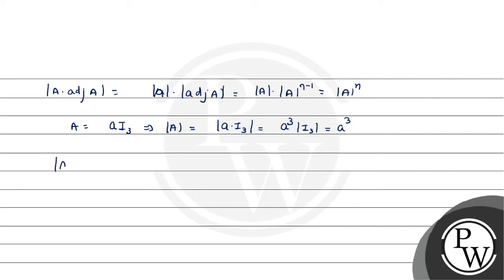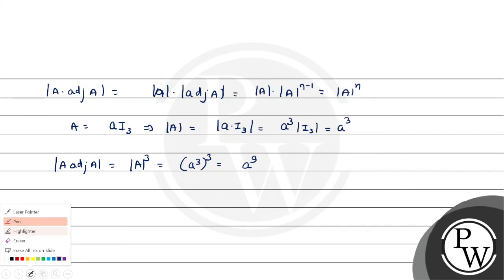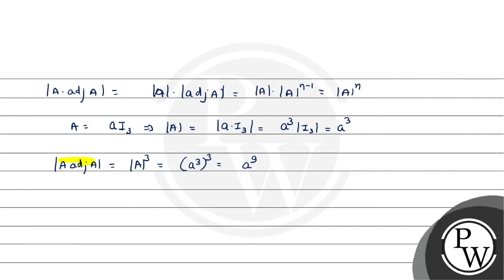अब A इंटू एडजॉइंट ऑफ A निकालेंगे. इसमें A टू द पावर n, यहाँ पर n 3 है, तो A की जगह पर हम रख देंगे A क्यूब. तो यहाँ पर आ जाएगा A क्यूब का क्यूब, दैट मीन्स A टू द पावर 9. तो फाइनल आंसर फॉर determinant of A into adjoint of A is equal to A to the power 9.